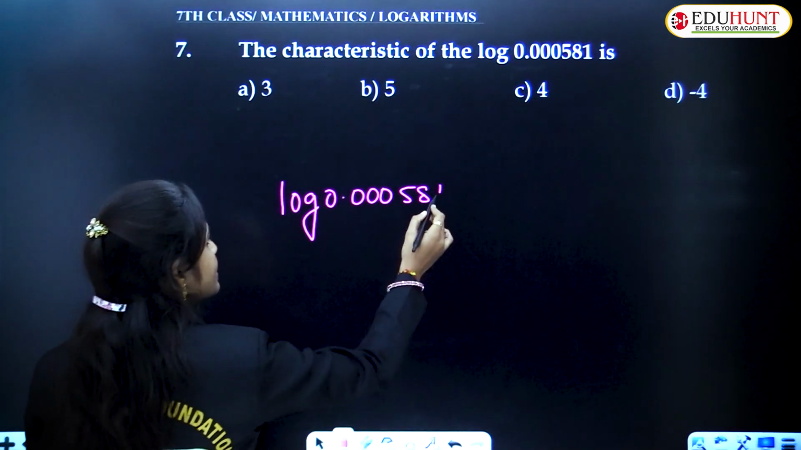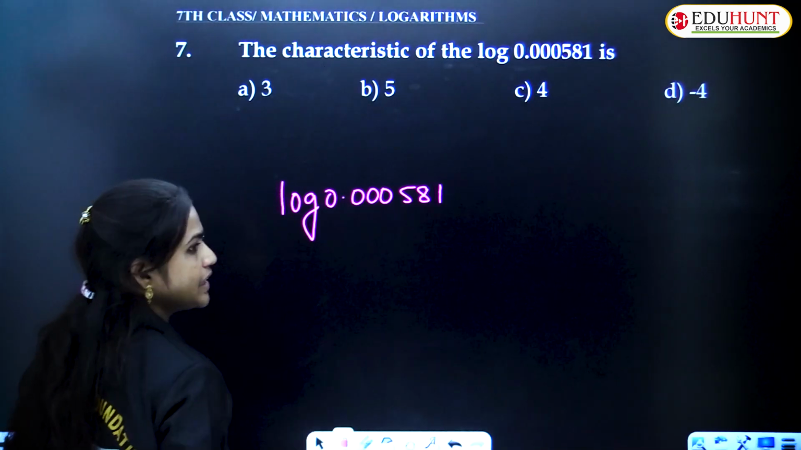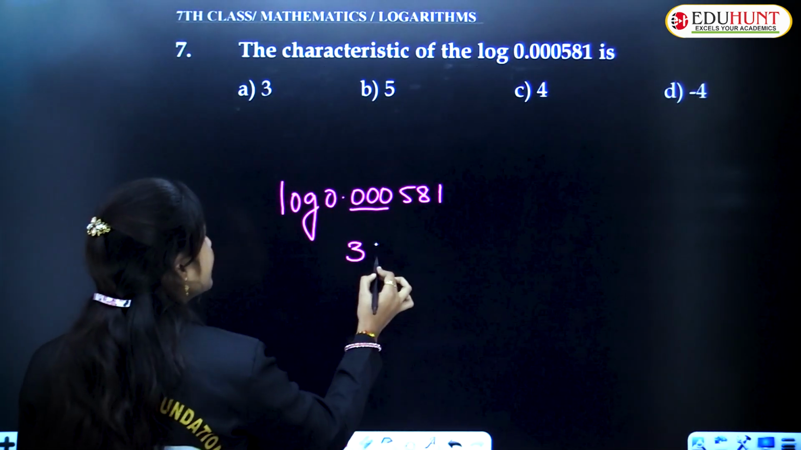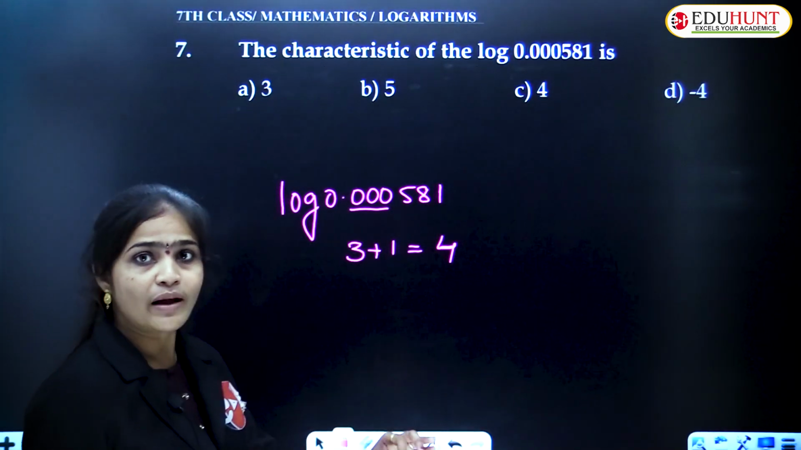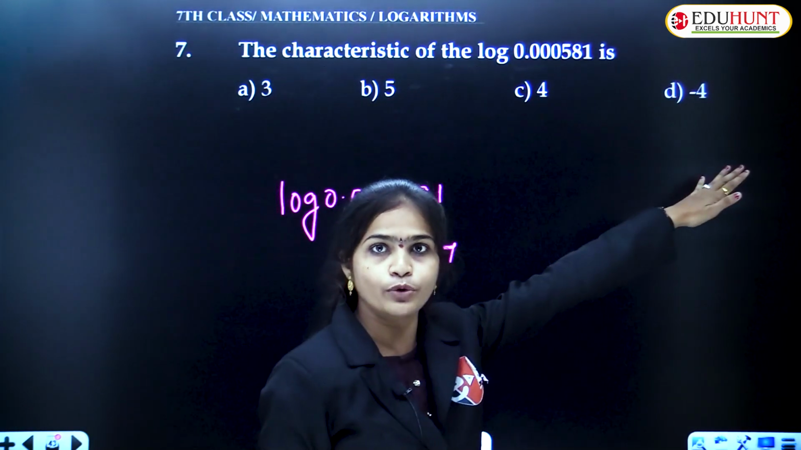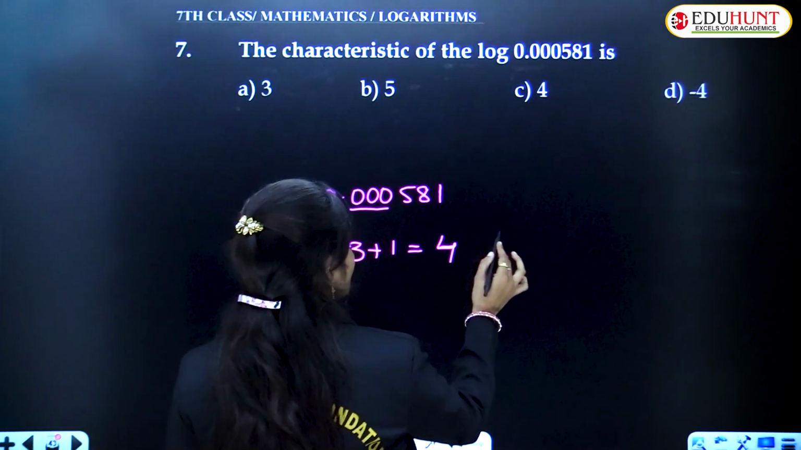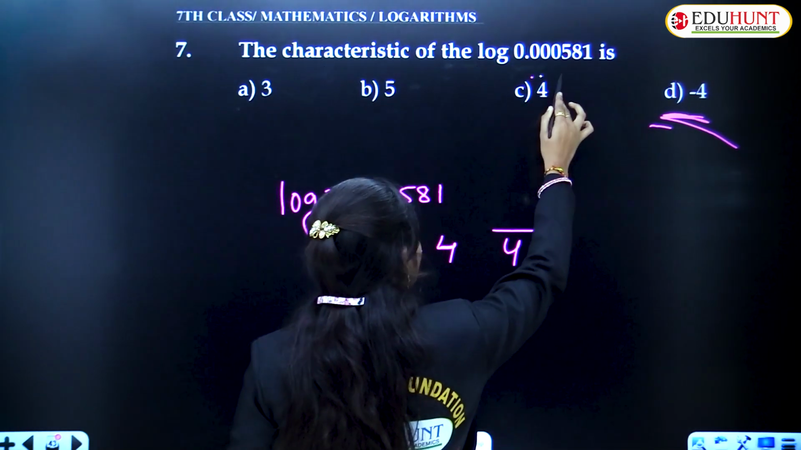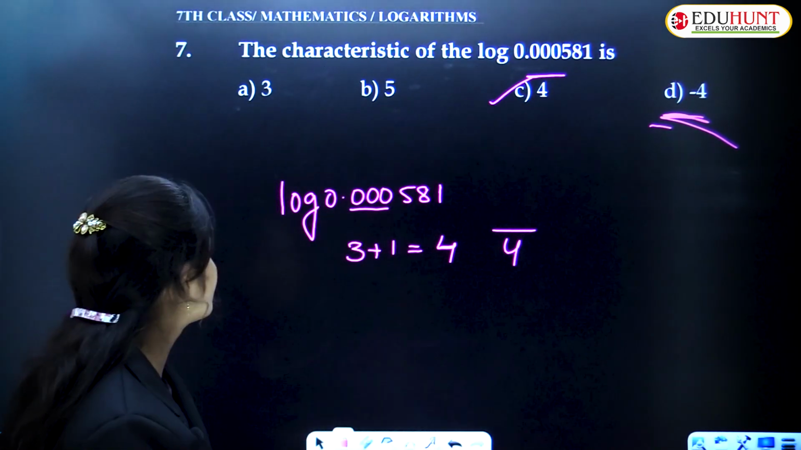Next, the characteristic of log 0.000581. So what is the characteristic here? Again, after the decimal point and before the first significant digit, how many zeros are there? 3 zeros are there. So 3 plus 1, which is equal to 4. Actually these are negative values, that's why they have given -4 here, but we have to write that one as 4 bar. The options are given as -4, but we have to write this one as 4 bar. Okay, so next,